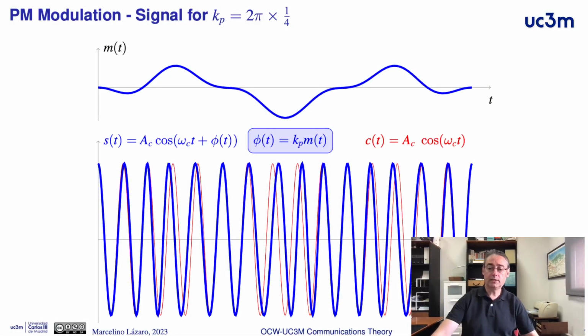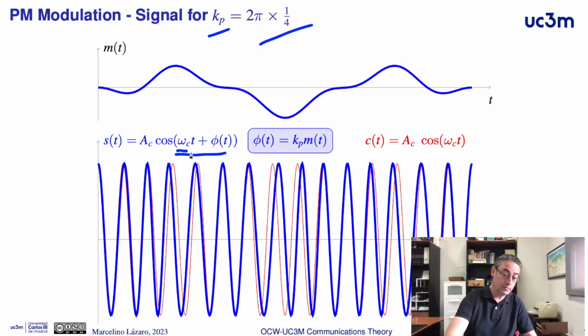In this video, we will analyze the waveforms for the modulated signals in angle modulations, in phase and frequency modulations. We will start with an example for a phase modulation where the phase deviation constant is 1/4 of a period, 1/4 of 2 times pi. In angle modulations, the argument of the carrier can be written in this way: a frequency term and then phi